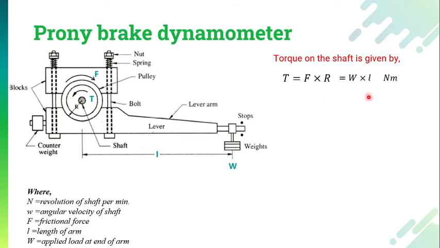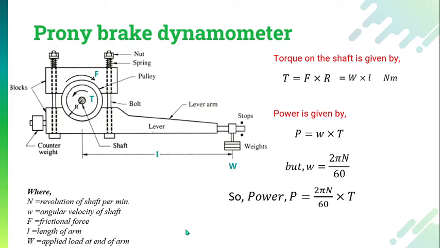Now the power is basically given by the angular velocity multiplied by the torque that is being developed. So we can write P is equal to omega into T, where omega is the angular velocity of the shaft and capital T represents the torque. But we know that the angular velocity has one of the most common equations, which is 2 pi N divided by 60. So we will add this value to this equation. We can write P is equal to 2 pi N T by 60. Now over here this whole equation has the unit W.